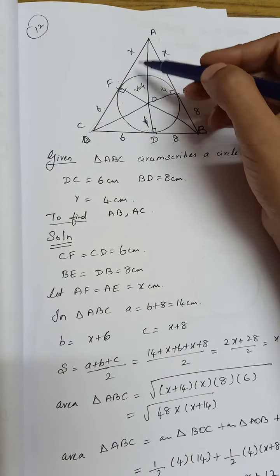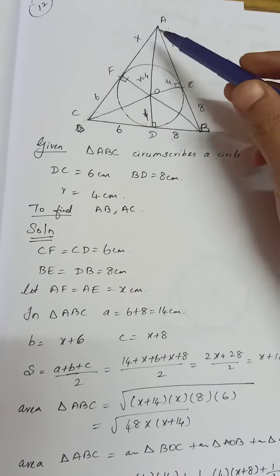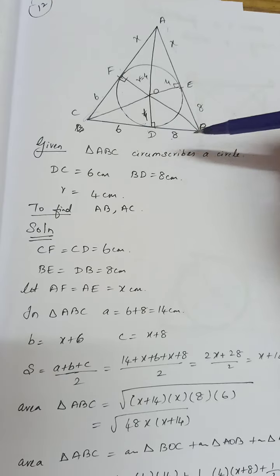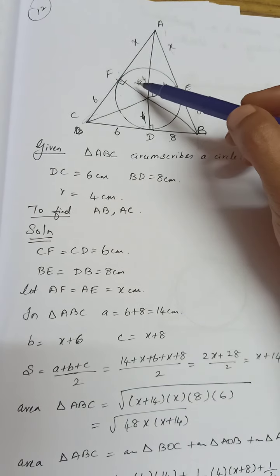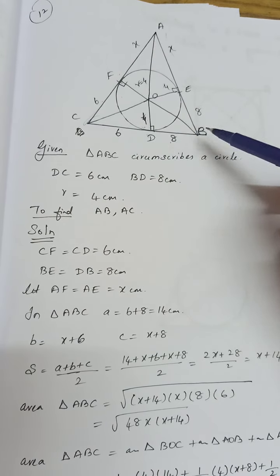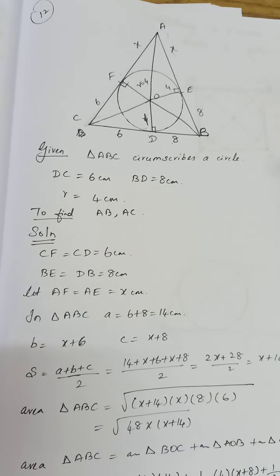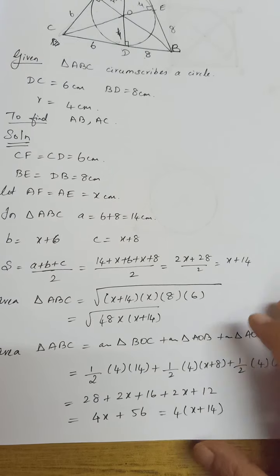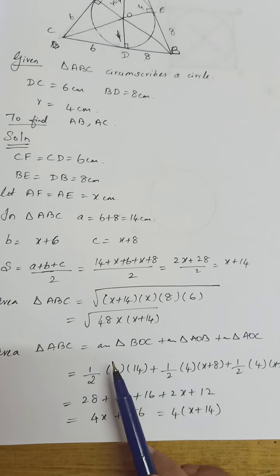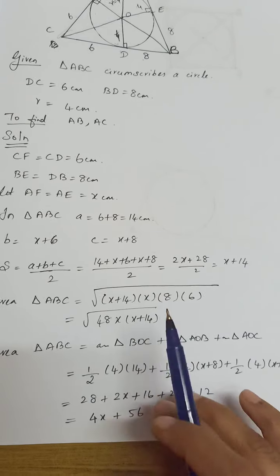Now if we are to find the area of triangle ABC, we can do it in two ways. First way is to use Heron's formula for ABC itself. The next one is adding the three areas: area of triangle AOC plus area of triangle BOC plus area of triangle AOB. Both ways will give us the same answer, which is what I have written here. For ABC, I am using Heron's formula first. Then I am finding the areas of AOC, BOC and AOB and adding. We will see how we are doing that.